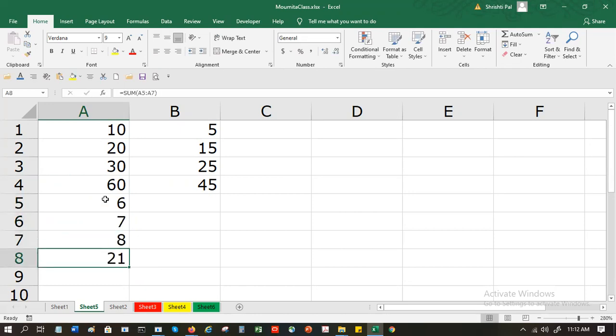Okay. So when I copy A4 and paste it into A8, it is not going to paste the same number from A4 to A8. Correct. It is only going to add the cells, right? It is referring to the cells. So whatever the content of the cell is, it will copy that content.